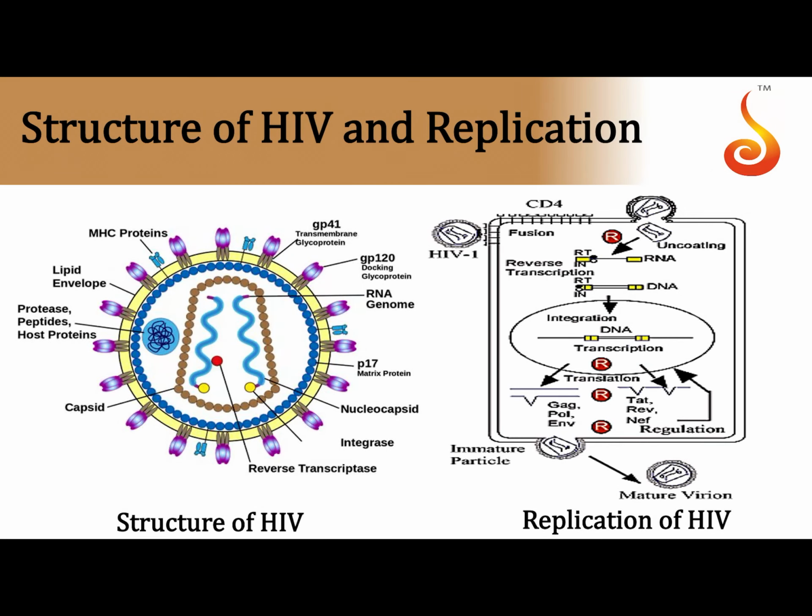So HIV, as you all know, is a retrovirus. It has a genome made up of two single-stranded RNA. So you can see here that there are two copies of single-stranded RNA. That's why sometimes HIV is also referred to as a diploid virus. Then there are a lot of enzymes also, like reverse transcriptase, integrase, and even protease enzymes within the genome of this HIV.